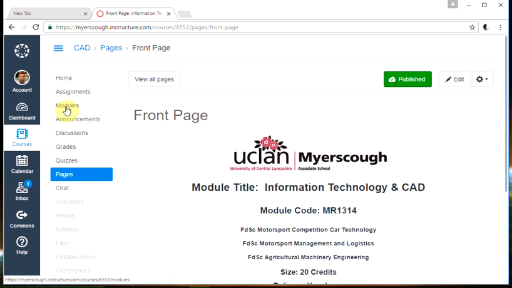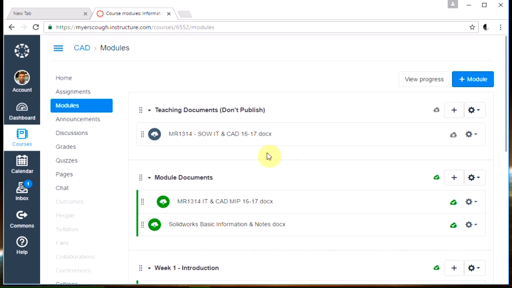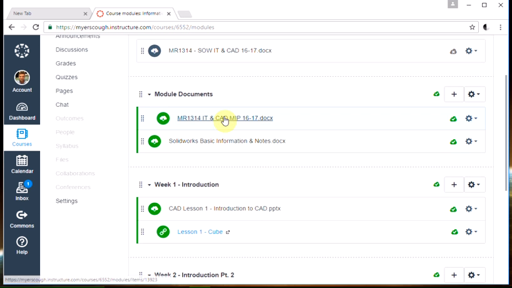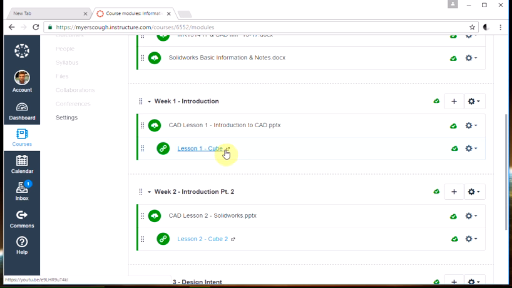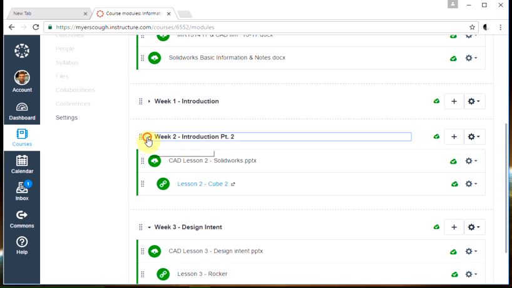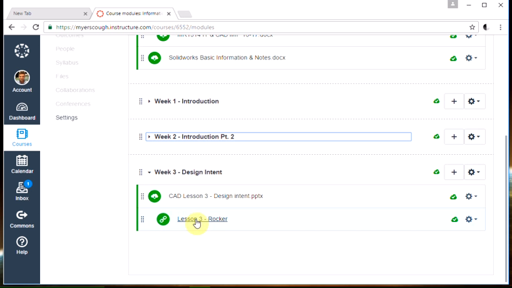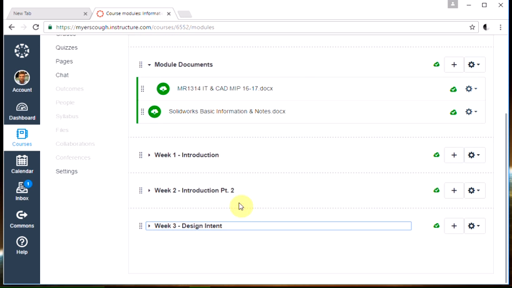To find the video tutorial library, you go to modules, and in the modules, these are my teaching documents which never get published, but we've got the MIP, we've got some basic information and notes. So week 1, which was our introduction, that's creating our first cube, and there's also the lesson slides from there. You can close it by pressing this. Lesson 2, and then this is our design intent. This is where we created the rocker. So this is where you find all the videos,